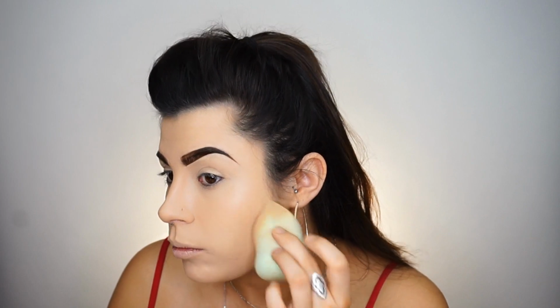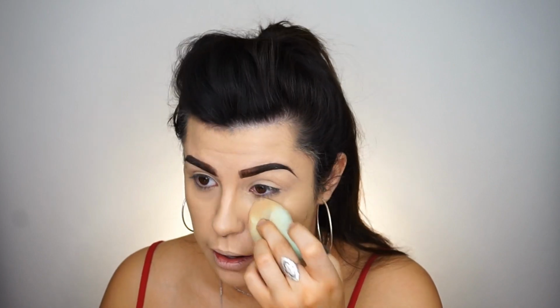And I don't think it's oxidized either, which is also a really good sign. So yeah, this is actually extremely surprising. It's not enough, I don't think, to have completely covered the dark circles under my eyes, but I always go in with concealer anyway, so that is what we will do next. But this is actually